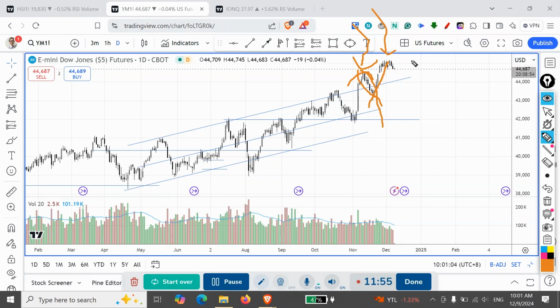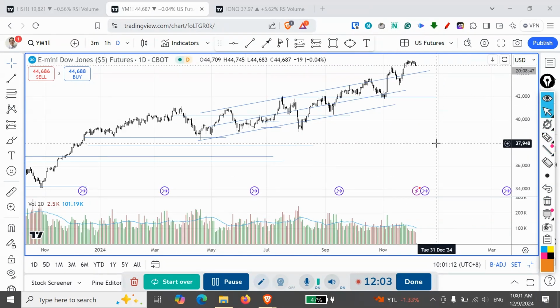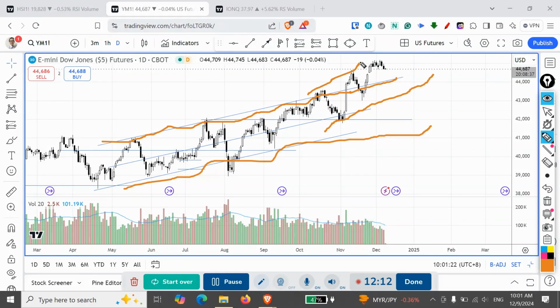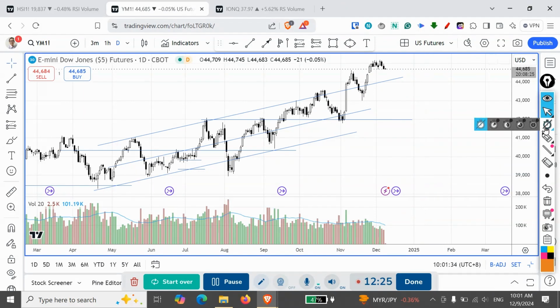So that's something I think is considered quite constructive, because that could signal a change of the gradient of the up channel. So it means that this up channel could come to an end, and it could adjust to maybe another gradient. Okay, so that could be the gradient of the up channel, and it could just travel along this up channel. But overall, that's still very constructive, and supply has been decreasing while it's holding up the gain,